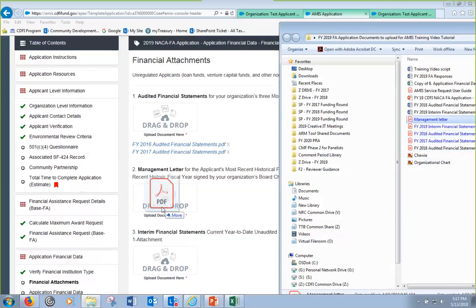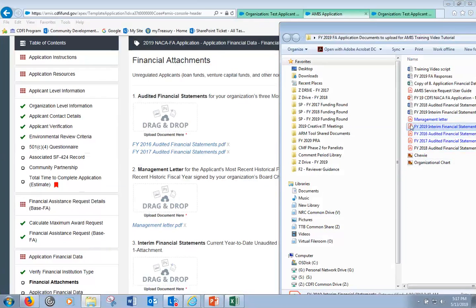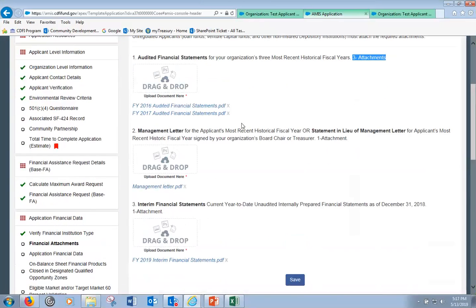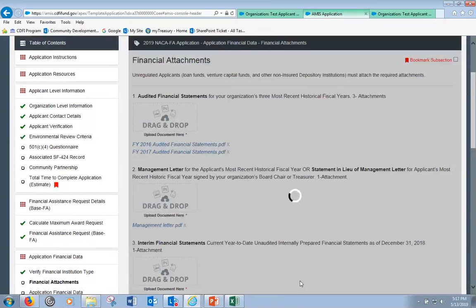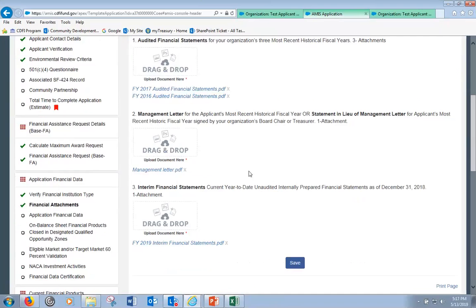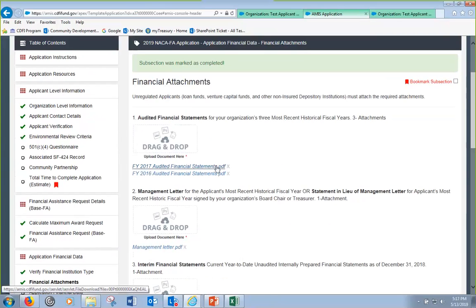I've got a management letter. It asked me for the management letter, and it also asked me for my interim financial statements. So I've got my interim financial statements, and so I see that I've attached basically a document where it has asked me for attachments, and I'm just going to go ahead and save this just to illustrate what I want to caution people against, because you can see here I was successfully able to save this subsection, which is okay, which is good news. The bad news is I was not careful, and so I've only provided 2 attachments here, and I can see that I've only provided 2 attachments